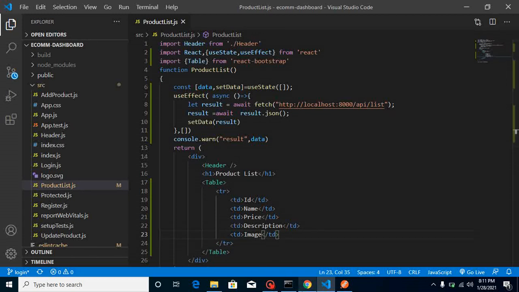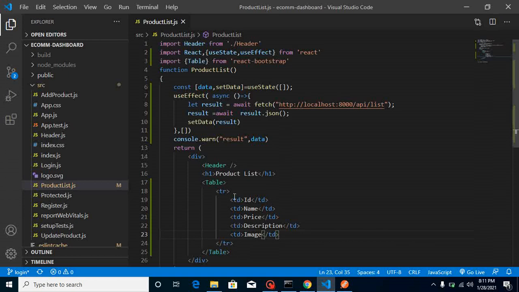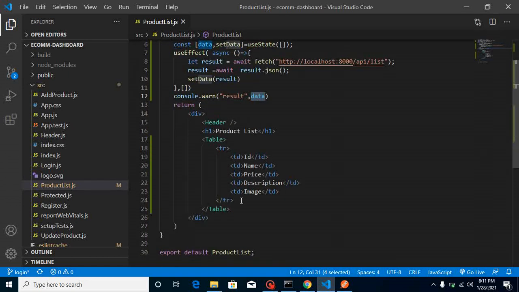So let me check here what we are getting here. We have a single row now. So let's iterate this data, and we can iterate with this tr, right?